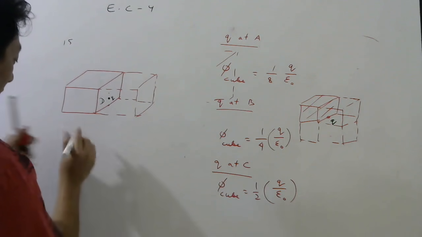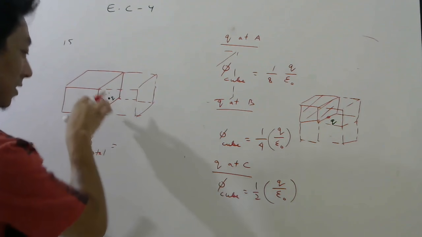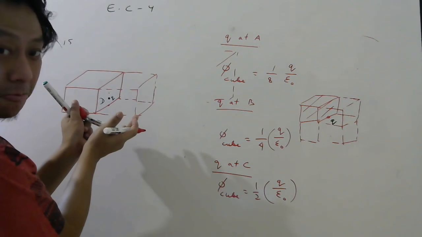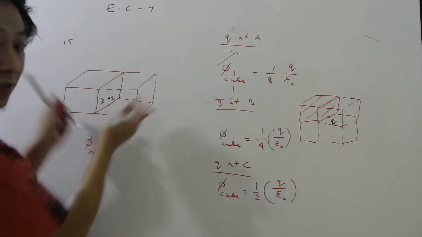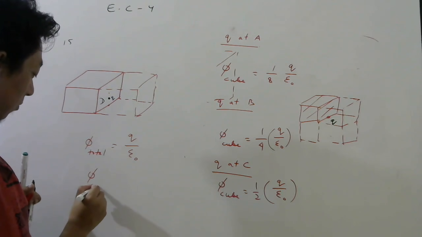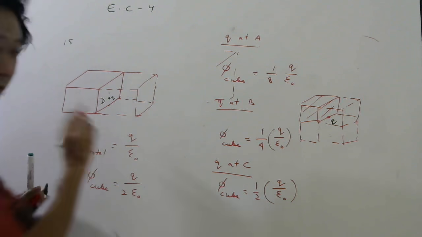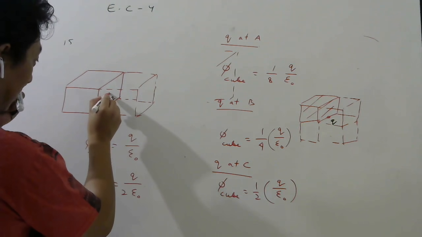So the total flux, what can I say? Total flux through both the cubes. Since it is inside, I can use Gauss law for both the surface. For both the cubes, if I want to use Gauss law, what I should do? Charge is inside. What is the charge inside? Q divided by epsilon naught. So flux through only one cube, if I ask, it will be half of this. You understood, right? Okay.